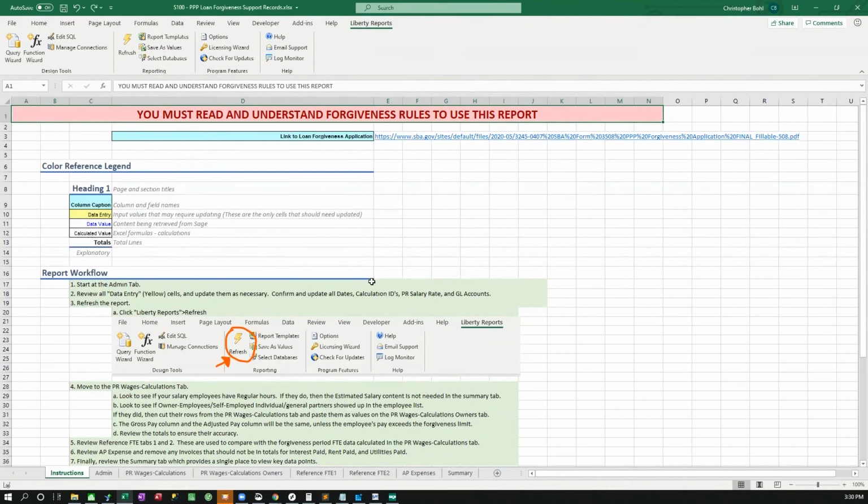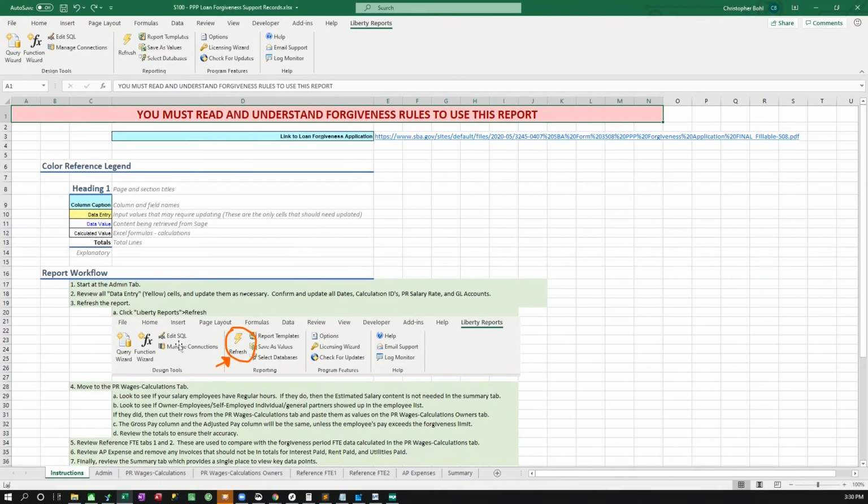It does make use of some products from Event 1. For Sage 300, it's going to use Office Connector. For Sage 100, it's going to use Liberty Reports. Today, we're going to take a look at the Sage 100 option, but the Sage 300 option's very, very similar. If we take a look at my screen here, we'll see that we've got a pretty complex Excel worksheet.